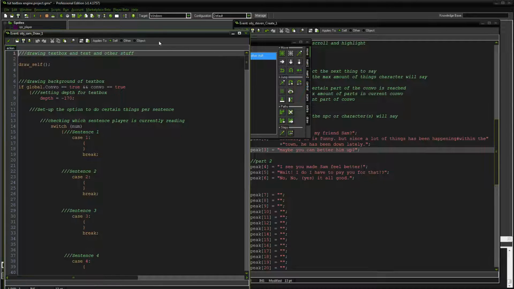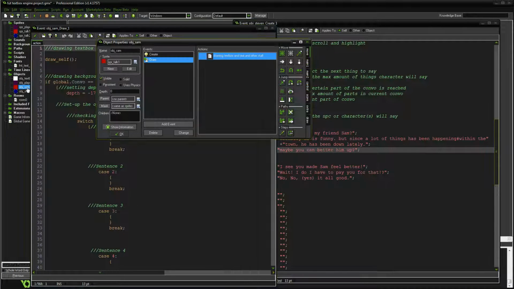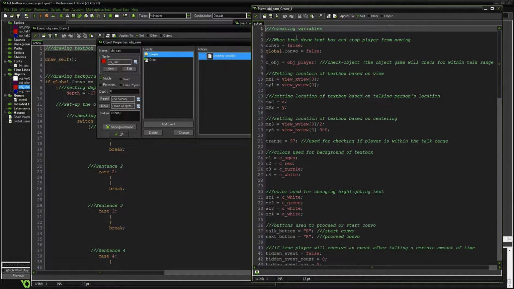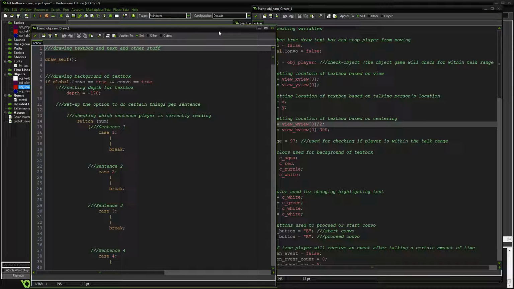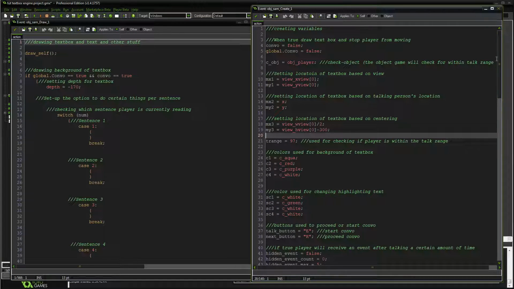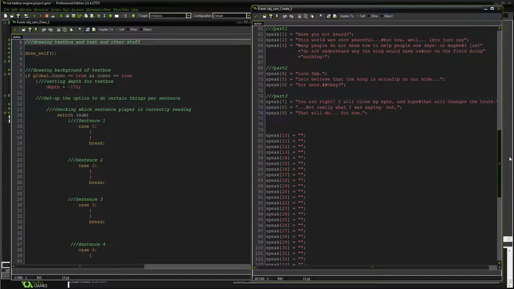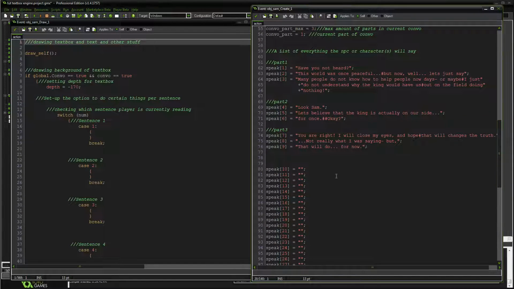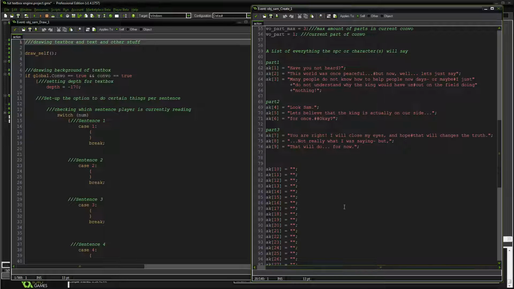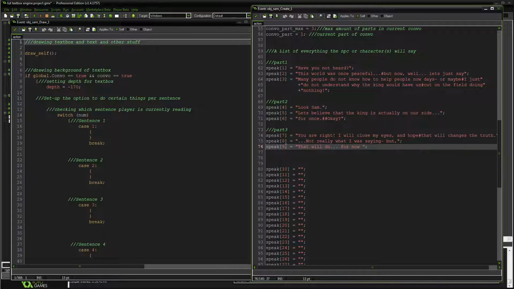So let's go back into SAM, right? Okay, so there's pretty much 2 ways you can kind of do this. We're gonna figure out when does it seem like he's happier. That's part 3, right? Okay, that's part 3. That will do for now. So you literally got to get to the end. So this is on sentence 9. What do we do on sentence 9?